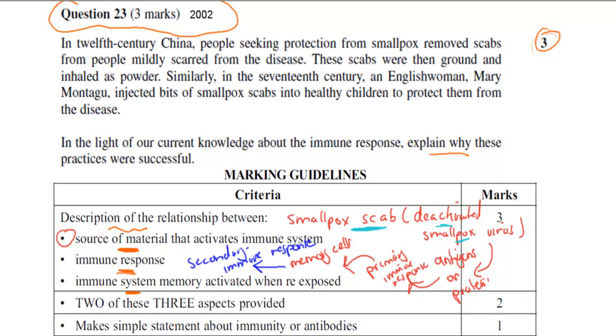So once we put that into a person, or that person inhaled it, that meant that there were antigens that were still on the protein of these viruses. The protein code of the virus had the antigen, even if the actual virus was deactivated or weakened, right? Which means now we have these antigens in our body. What that means is it will activate the primary immune response, which is the first immune response, and this primary immune response will fight off the infection even though there was no real infection, but it'll basically destroy the virus, but at the same time it will grab those antigens, present them to the rest, and produce memory cells, right? So this is where the memory cells are produced after the infection to make sure the secondary response can happen